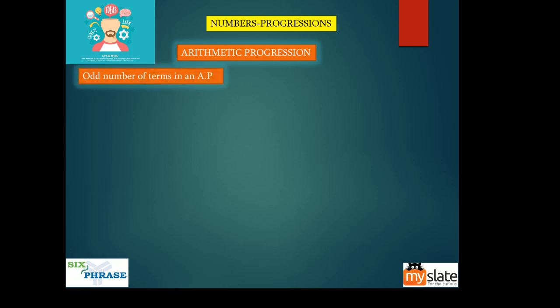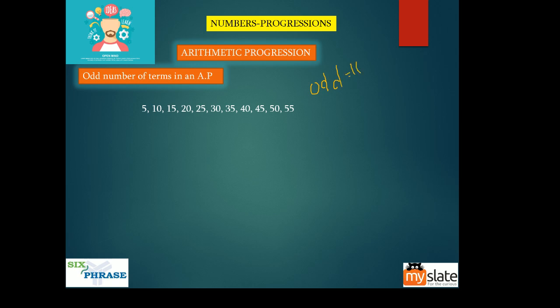Now, odd number of terms in an AP. I want you to understand this very clearly. When there are an odd number of terms in an AP, and when there are an even number of terms in an AP, they are not the same things. You don't proceed the same way. I'll tell you what the reason is. Let us assume we have an odd number of terms here. So how many terms are there? 3, 6, 9, 11. We have 11 terms. 11 is odd, right, guys? So 11 is odd.